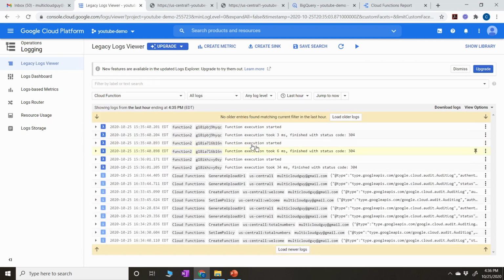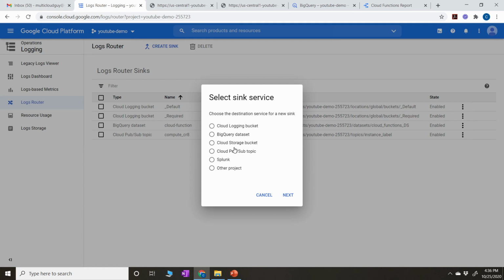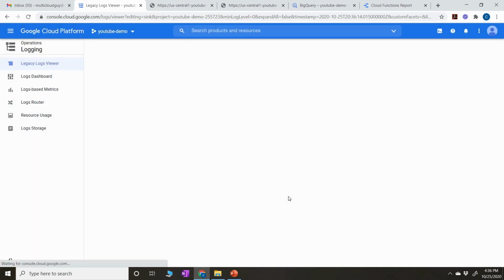Don't save. Now you can go to the logs router here. This is where we are going to create a sink, and I have already created a sink here before, for a BigQuery dataset. So I'm going to create another sink from scratch. So click on create sink, and the destination for this sink is BigQuery dataset, as we are going to send these logs to BigQuery. So click on next